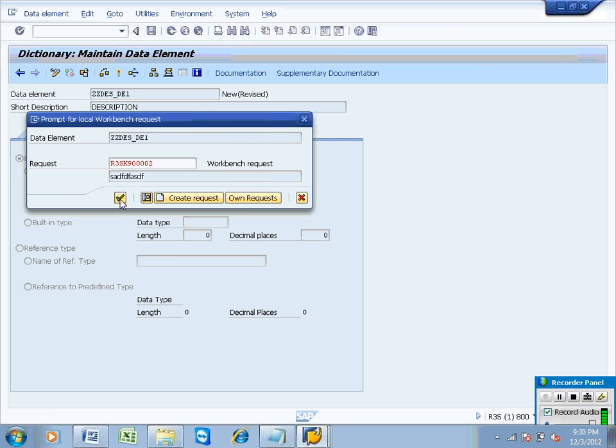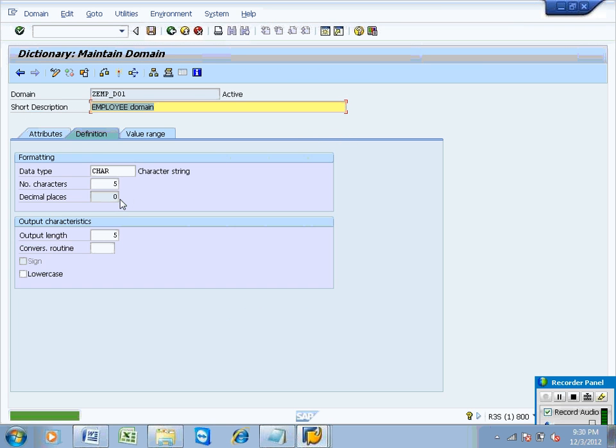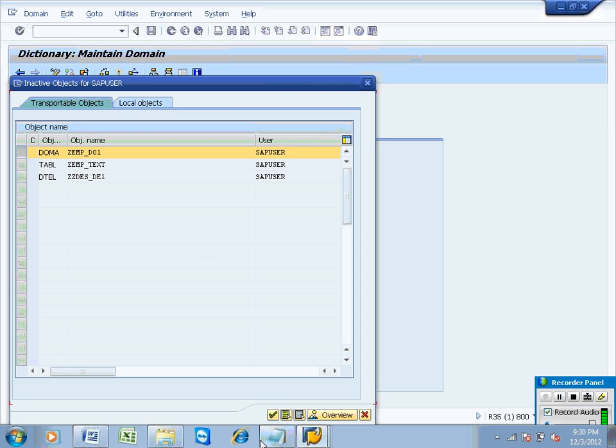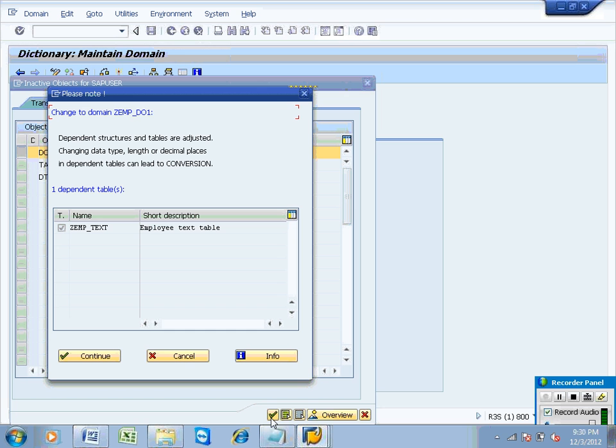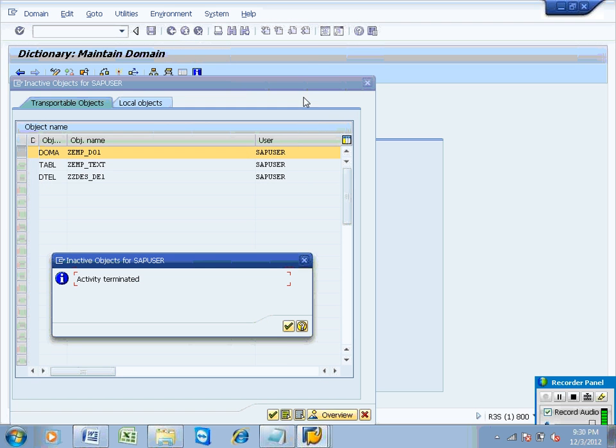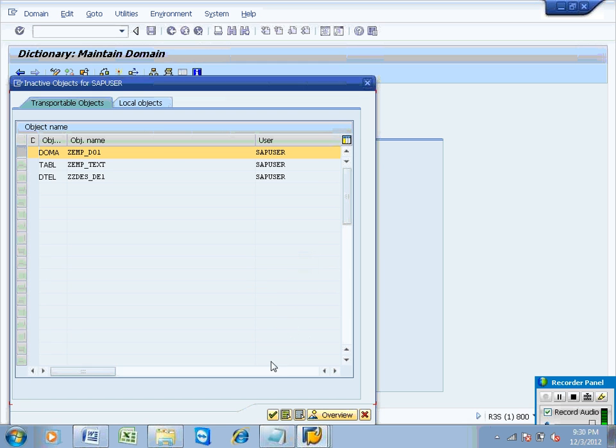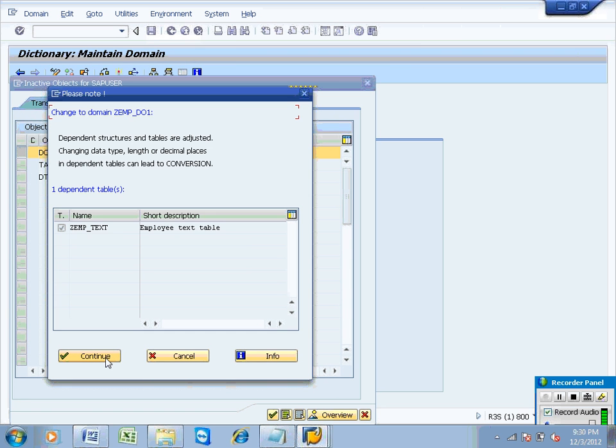Now I am saving the data element in the transport request. Now this is the domain, and I am giving domain information like 20 characters. Okay, and activate this domain.